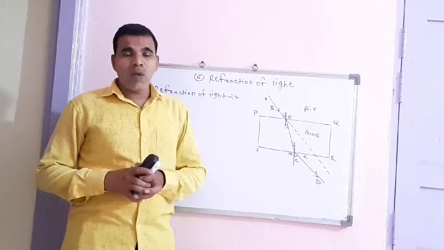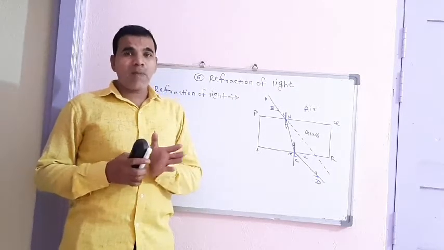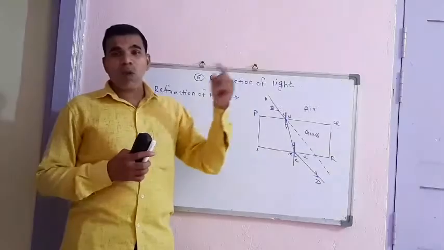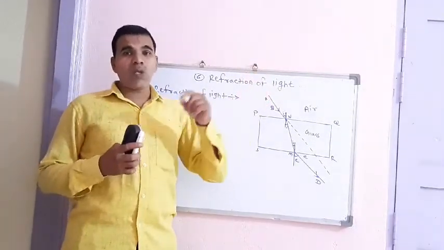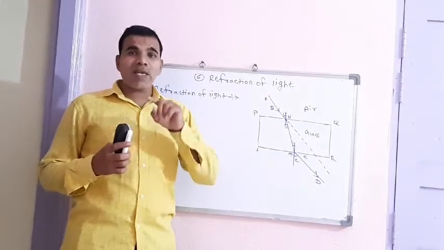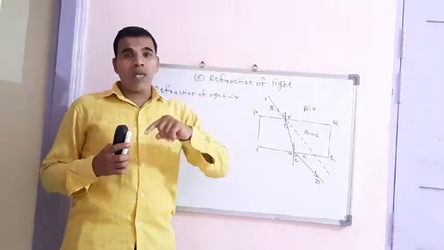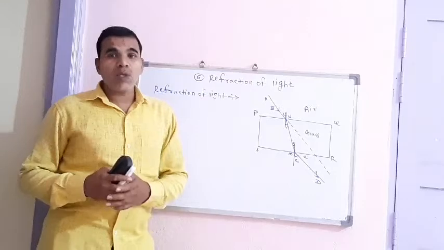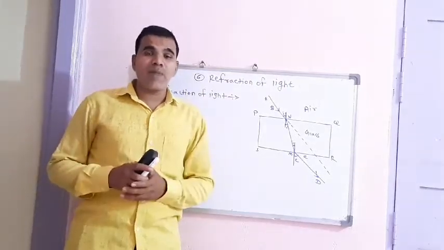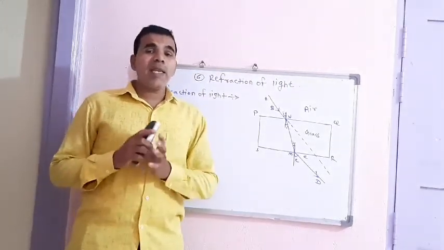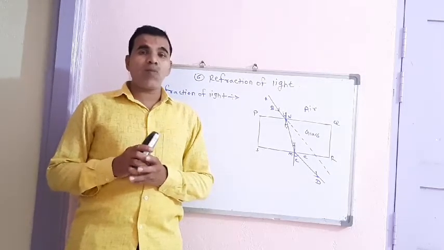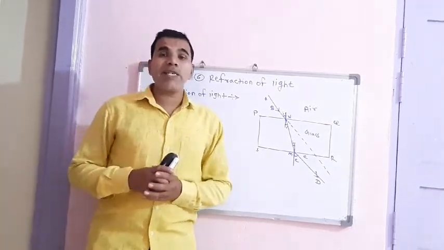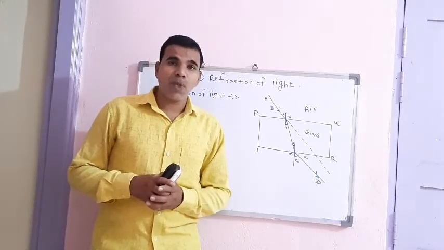Look at this. When we take a mirror in front of the sun, the rays fall on the mirror and get reflected from the mirror to the opposite side. So these are said to be refracted rays. When any light rays transfer from one medium to another medium, they can change their direction.